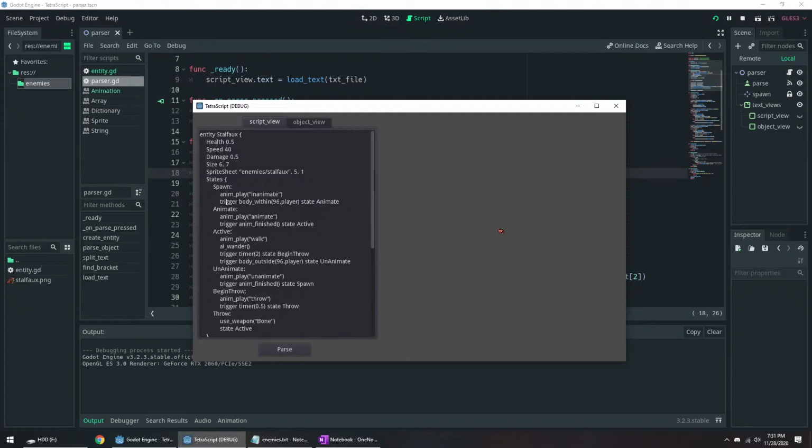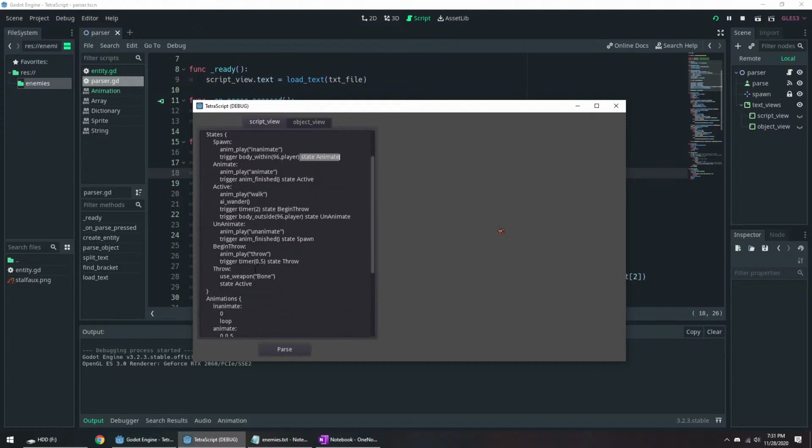Triggers are like, okay, if a player body is within 96 units, then we're going to change the state to animate. Pretty much everything is going to use these states. Even functions can use these states. Here's throw being used as a function, because all this throw state does is it uses a weapon, and then it immediately changes the state back to active. So yeah,